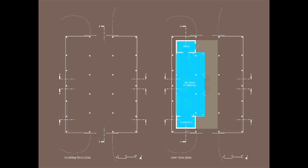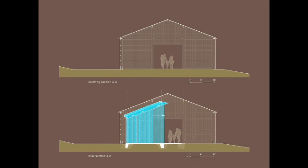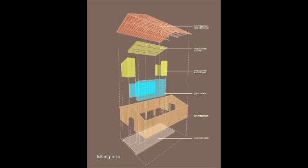So literally from the exterior, the barn looks pretty much untouched. It's really the interior that has been changed. Section here, before, after, again, the structure is completely independent of the tobacco barn. And this really helped facilitate us being able to construct this in a very timely manner. So this is the kit of parts, the existing tobacco barn, inserting a new gift shop